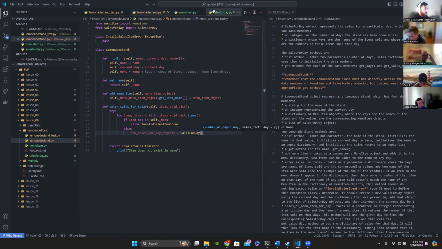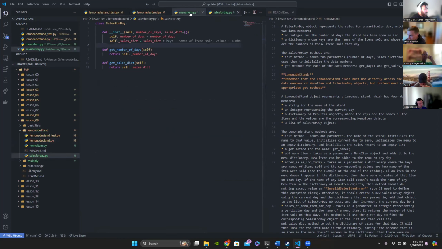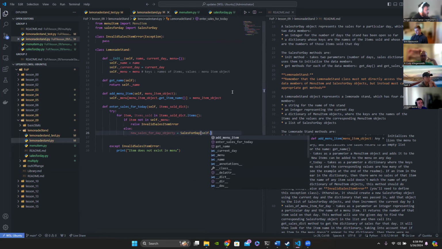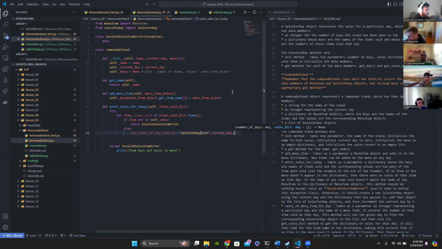And then if I remember correctly, it takes the number of days and sales dict. So the number of days. So we should be able to do self dot underscore current day, right? Self dot underscore current day. And it should take the